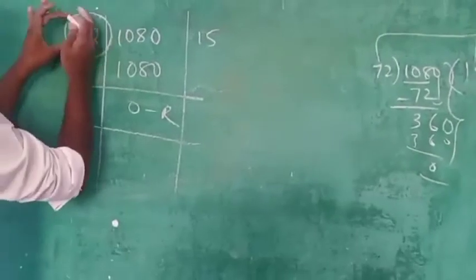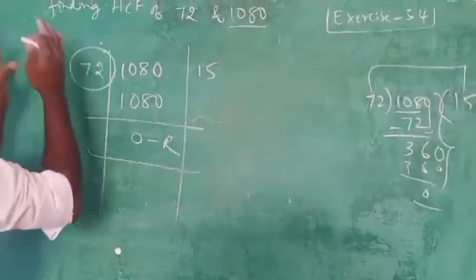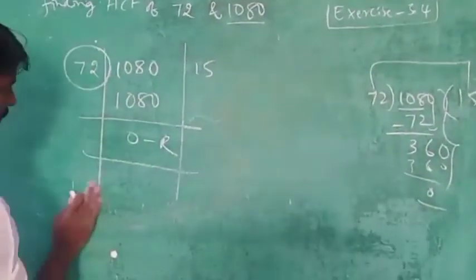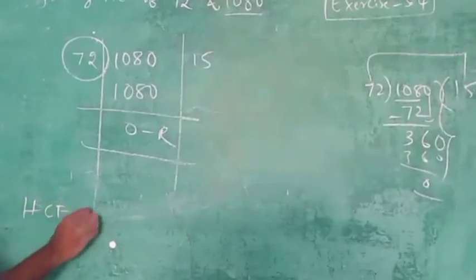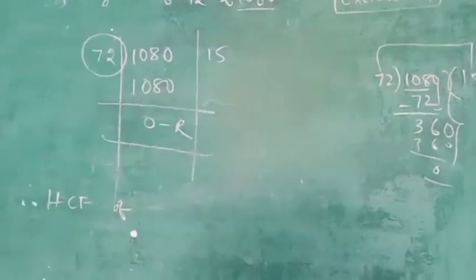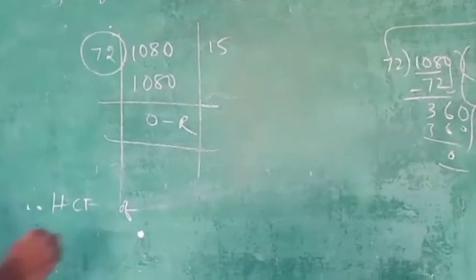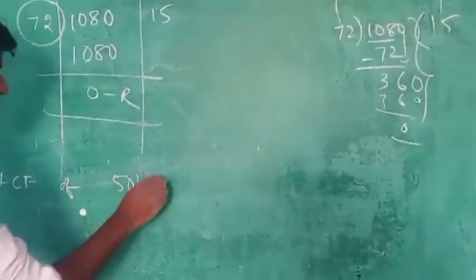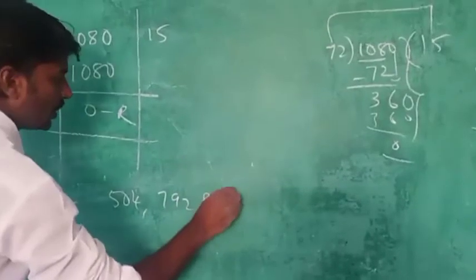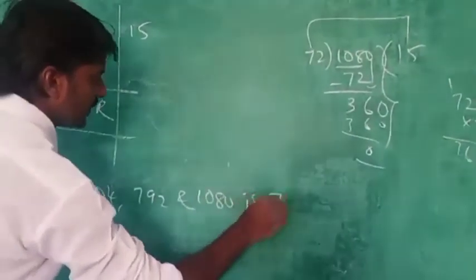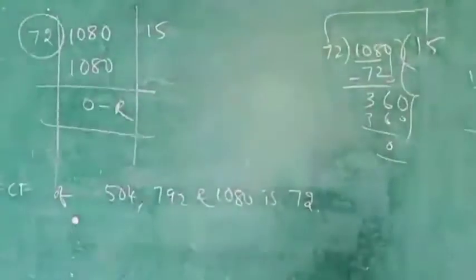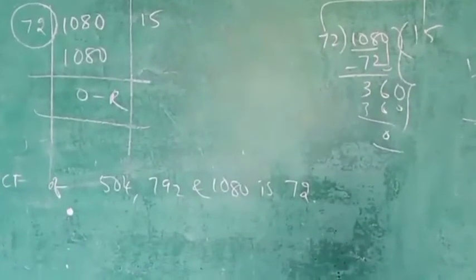So this is HCF not only for first two numbers, it is HCF for all. Means now HCF of what are the first three numbers? What we wrote previously now? That is 504, 792, and 1080 is 72. So the question what is there? Once you obtain the answer, what is the question asking to find here? Find the largest number which is a factor of each of the numbers. So I'll write last and rise only.